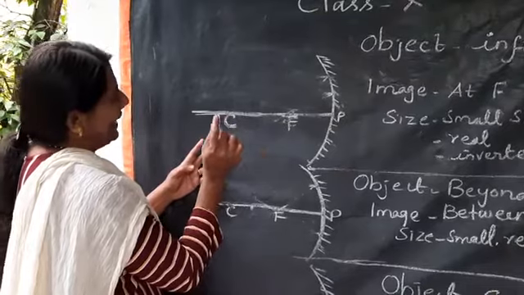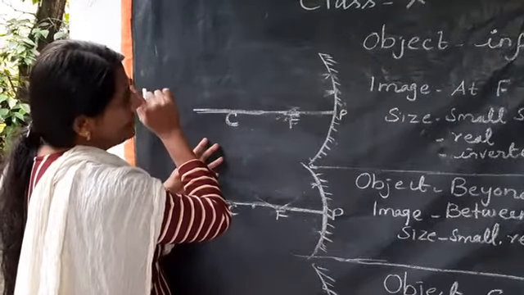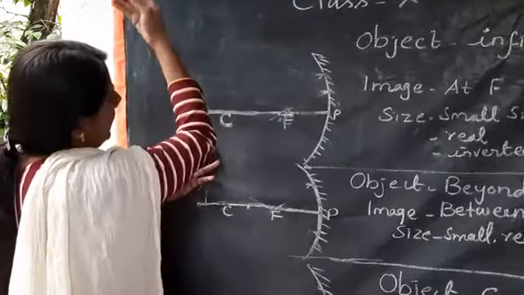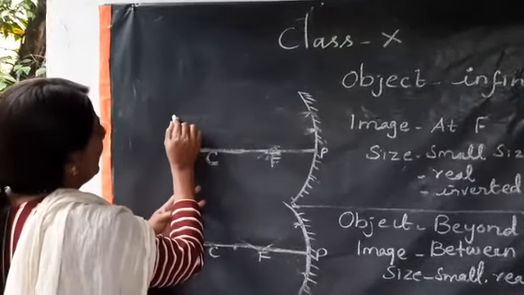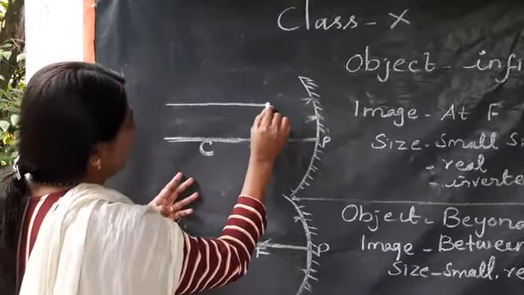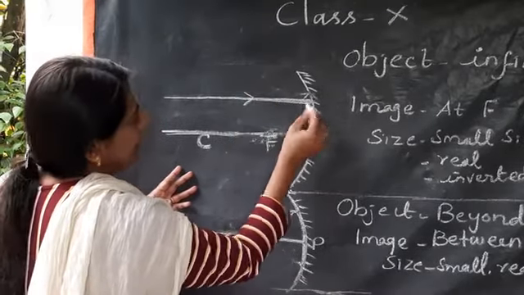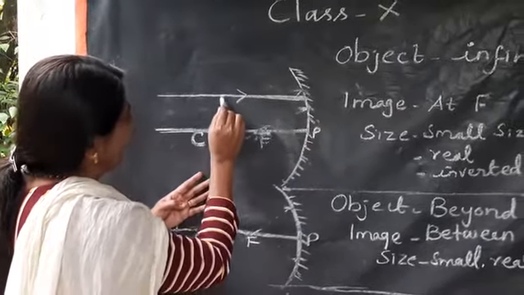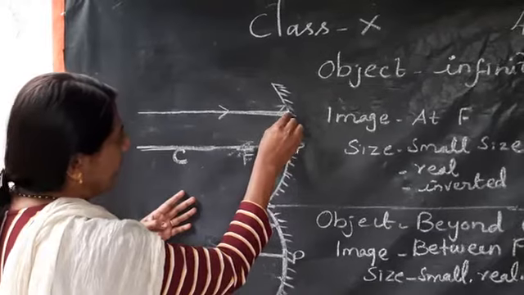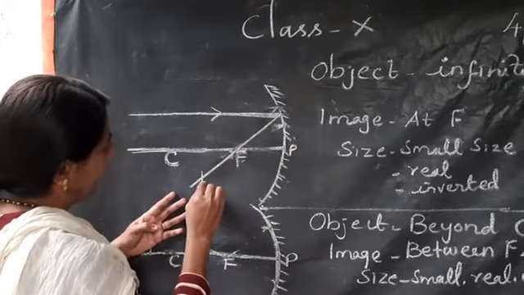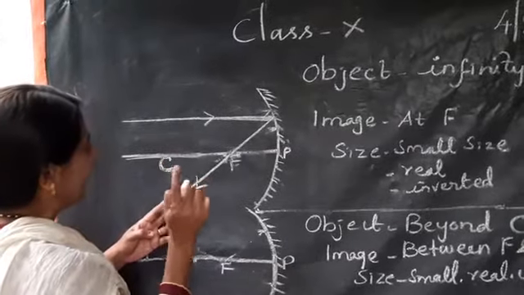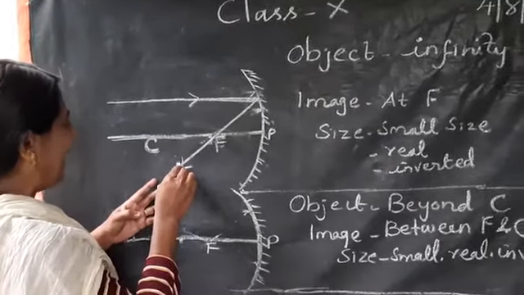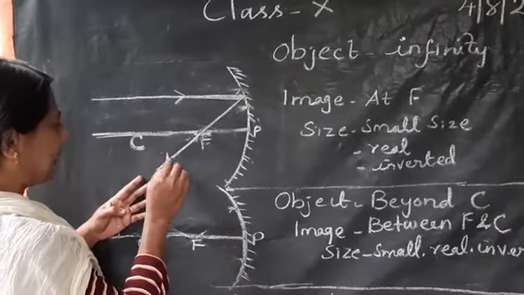The first ray diagram: when the object is at infinity, where will the image form? For example, an object is far away. An incident ray is coming from the object. It touches the mirror and reflects back. The condition is, if the ray comes parallel to the principal axis, after reflection it should go through F. You know very well, to form an image, 2 rays are needed. Where they intersect, in that place the image is formed.